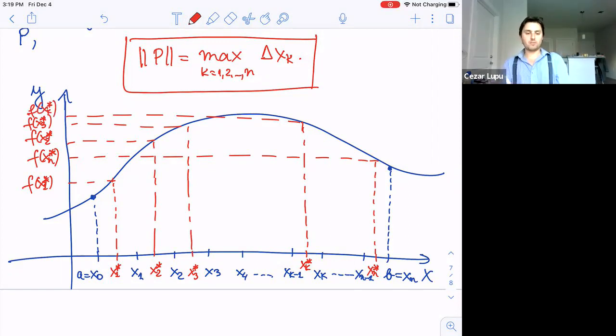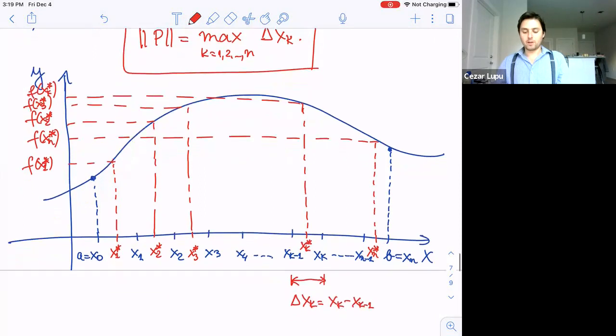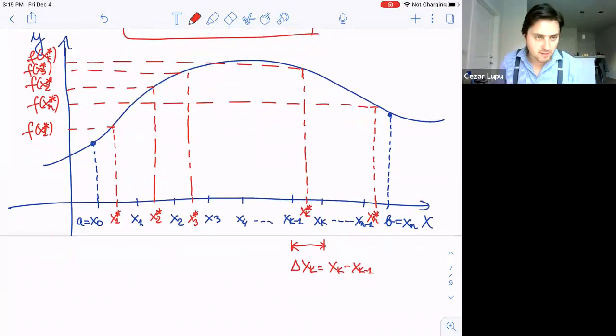But as you can see, it doesn't really matter the way we want. You don't have to have them in order. So you can have x0 less than x1, less than xk, and so on. But with f of x1 star, it doesn't really matter. All right, and now the only thing I'd like to do, if you look at the difference between these two here, between xk minus 1 and xk, if you look closely, this will be nothing else than just delta xk, which is the difference between them. All right, so with this picture in mind, and I hope it makes sense,